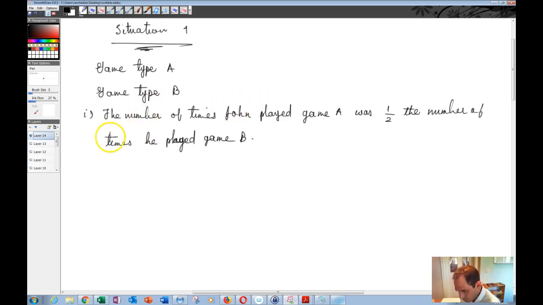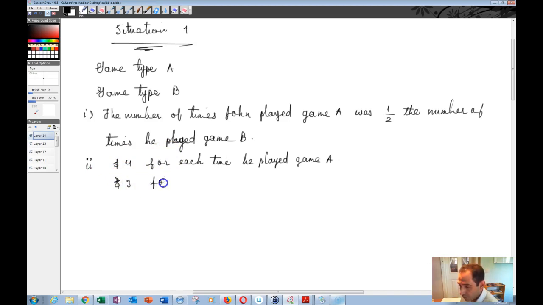And let me actually write the other condition as well. So he had to pay $4 for each time he played game A, and $3 for each time he played game B. Okay. And he paid $20 in total. Now you want to find out